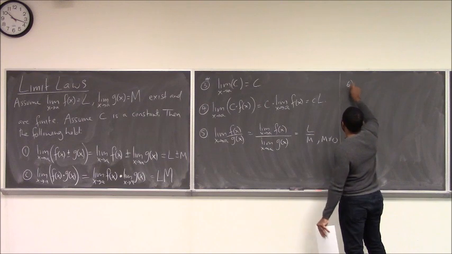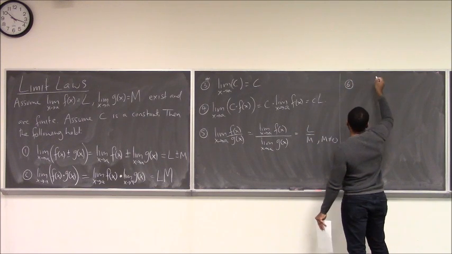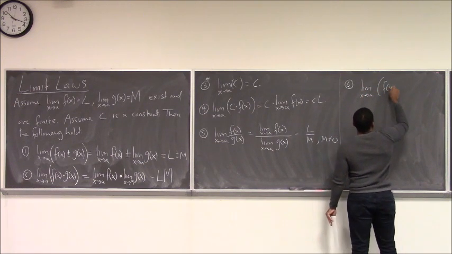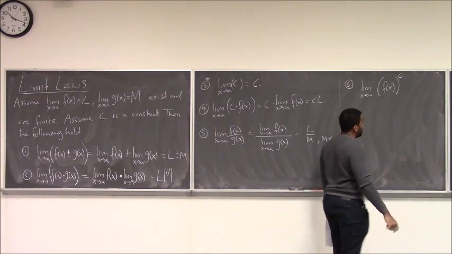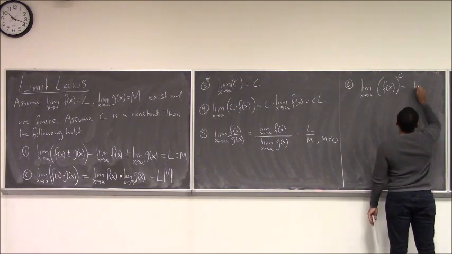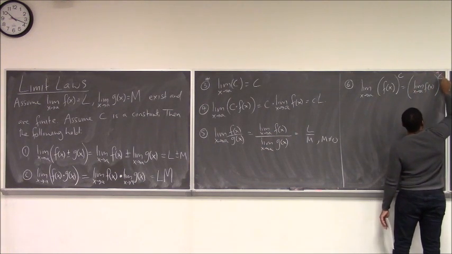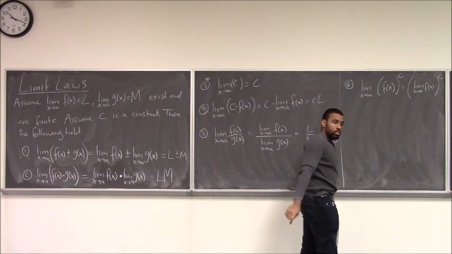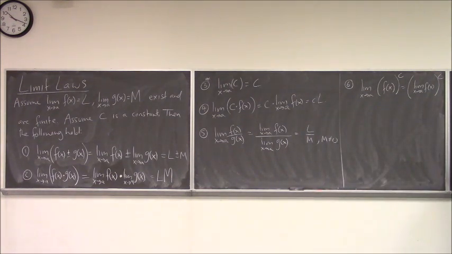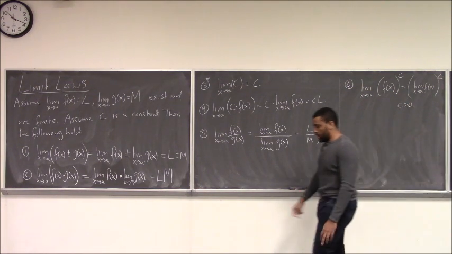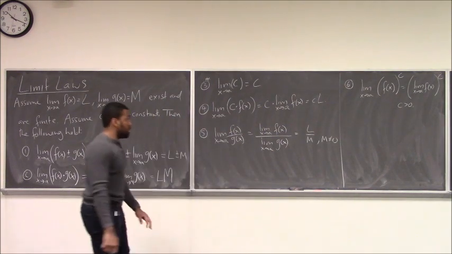As well, you can move a limit inside a power. So for example, I have the limit as x is approaching a of f of x raised to a constant power. I can actually take the limit of the inside and raise that to the power. And that will give me an equivalent value. And we can require here that c is greater than 0 to ignore the division signs and things like that. But you could apply that in the denominator in theory.